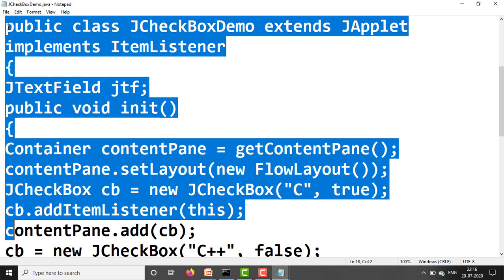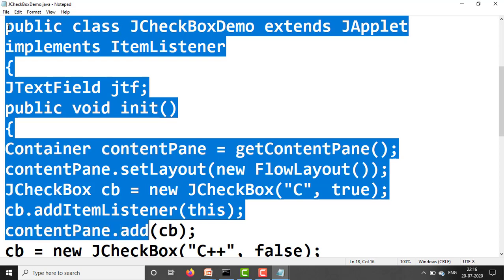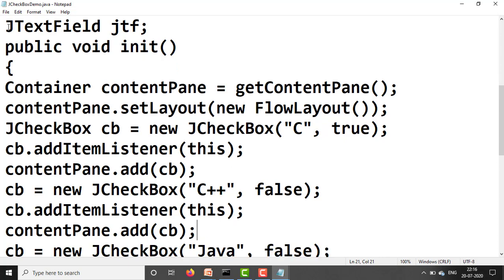Next, contentPane.add(cb) adds this cb to the window. In this way we can write the other checkboxes.